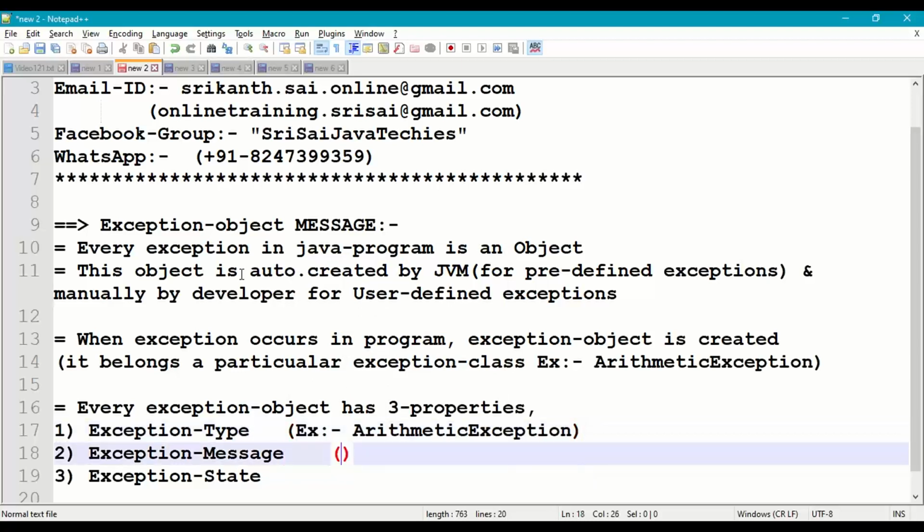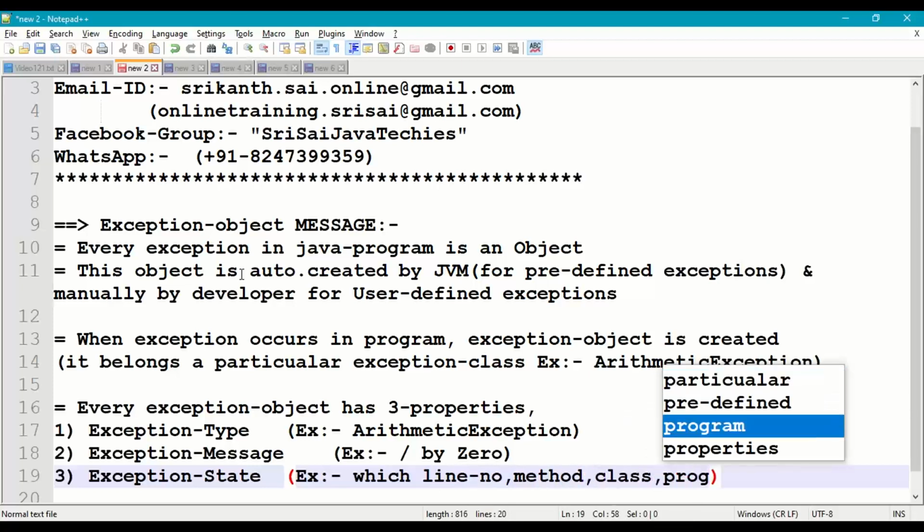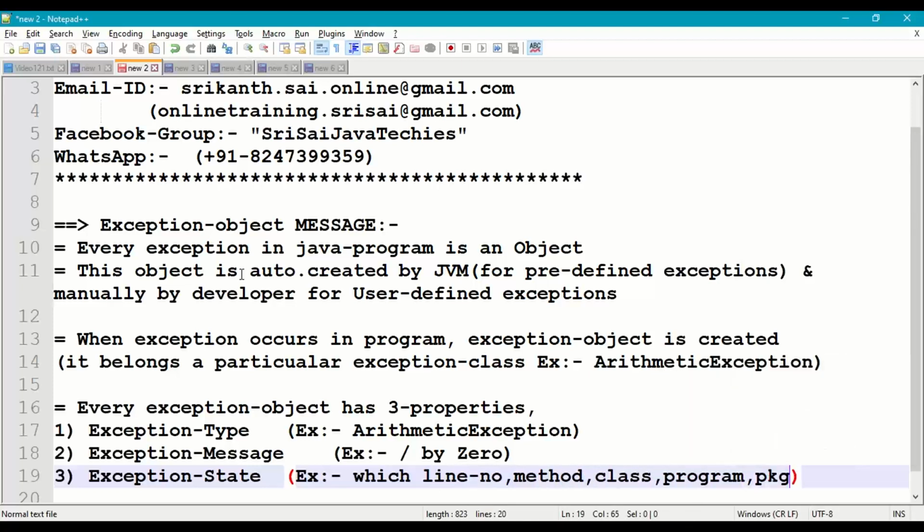Arithmetic exception. Exception message, example, something like division by 0. And exception state, which line number, which method, which class, which program, and which package exception has occurred in our program execution process.